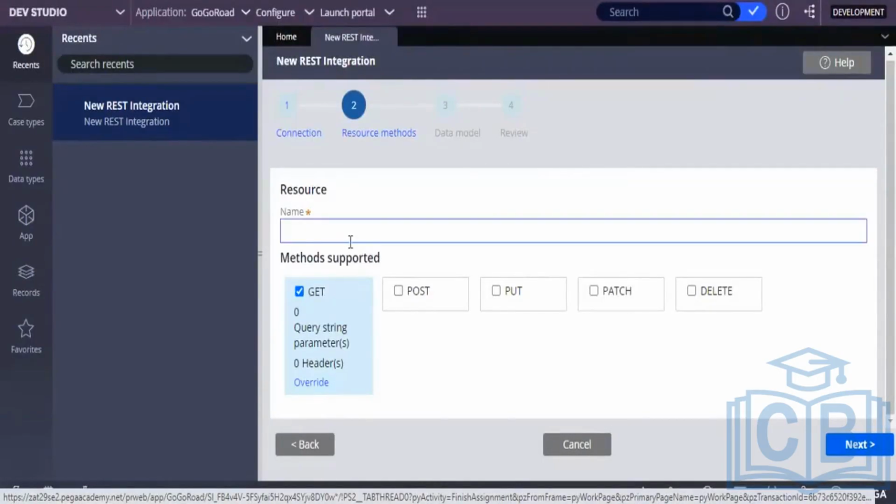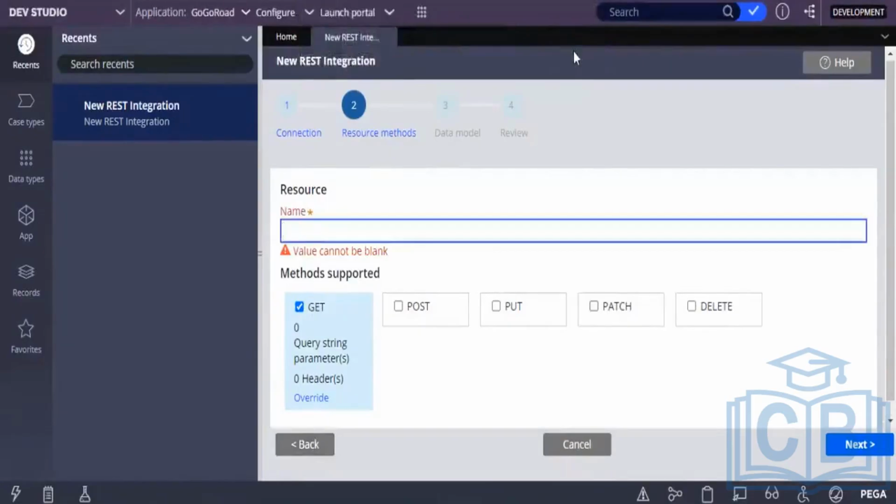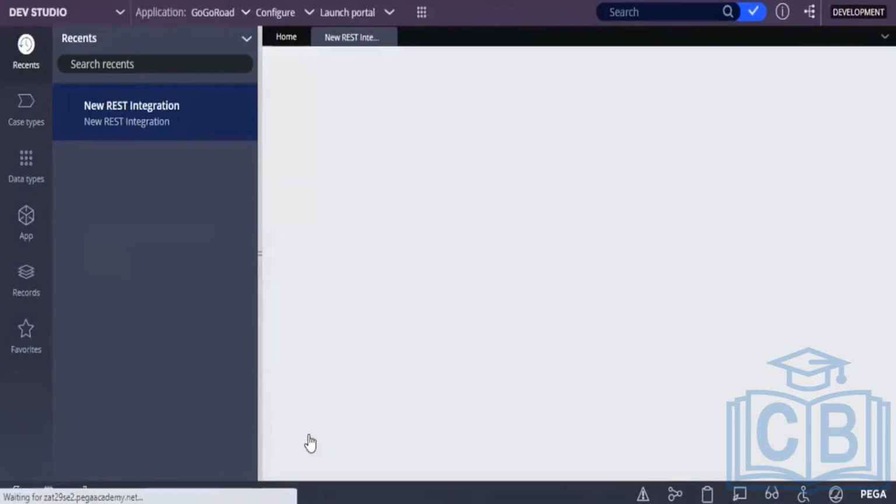Click on the back button. Change the API name and keep the name as cat fact. You enter the name here as some cat facts or something. And now click on next.